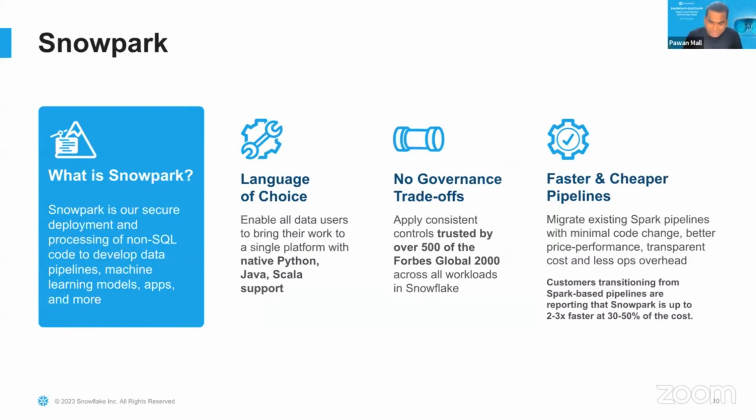There are two benefits out of that. One is definitely performance, because you're not moving data out and you are using the benefit of the elastic multi-cluster compute I just talked about. The second is governance. Since you're not moving the data out, everything remains within the secure boundaries of Snowflake, which allows you to enable all the different governance capabilities on this particular data set. Your data is not moving out, so it stays in a very secure sandbox.